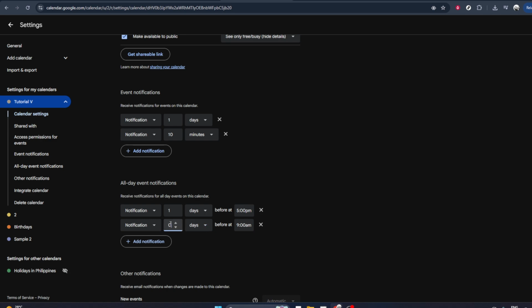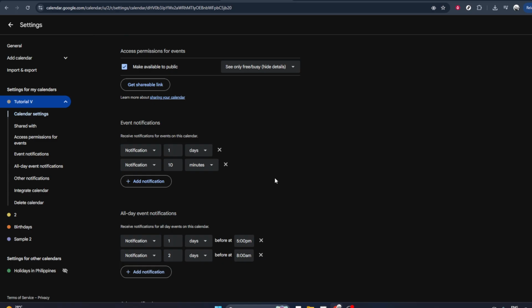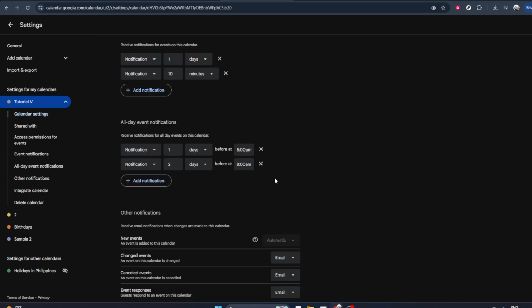You can change the timing of the notification so it arrives a certain number of days or hours before the all-day event starts. For example, you might want a reminder one day before a birthday, or several days before a holiday or important deadline. You can also change the type of notification, such as choosing between an email or a standard notification on your devices, depending on what helps you the most. Once you have made your changes, they're saved automatically, so there's no extra save button to click. From now on, any new all-day events created on that calendar will follow the notification